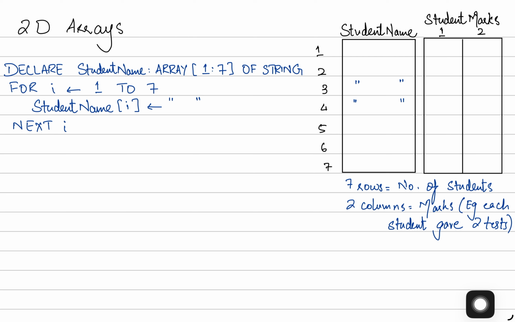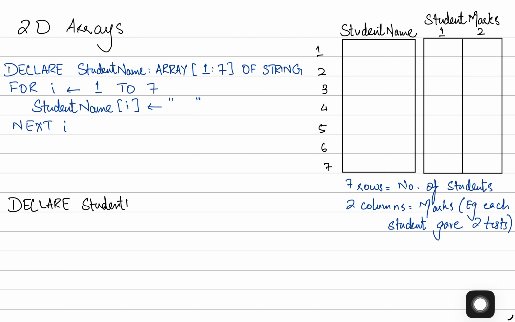Now, in order to store data in a 2D array, you can see on your right there is a two-dimensional array that has two columns, column 1 and column 2, and it has 7 indexes, 7 rows. First of all, I'm going to teach you how to declare a 2D array. To declare a 2D array, all you do is write DECLARE, then the name of the array, which is